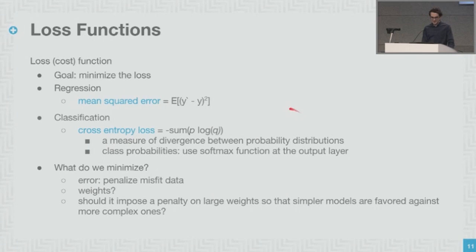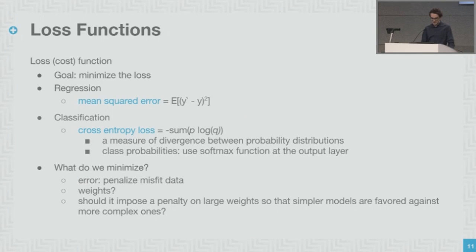This is a common type of error function that is used in regression tasks, meaning that if you're trying to predict a continuous valued variable, then we usually use the mean squared error as our loss function, and we try to minimize it. For classification problems, on the other hand, one common type of loss function is the cross-entropy loss,